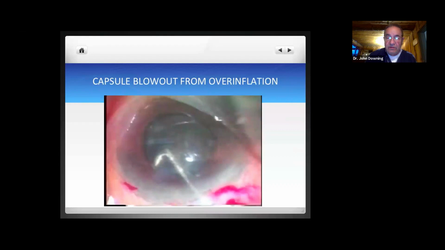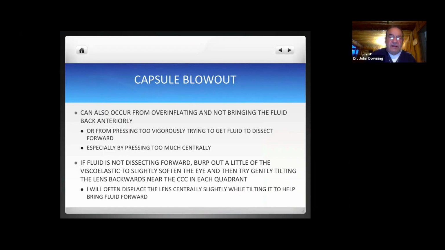Fortunately, capsule blowout is a rare occurrence and is associated with posterior polar cataracts and posterior lenticonus. Or it's also associated with overinflation without letting the fluid come back forward. That is not something that you want to see, to have the lens sink back into the vitreous. You can blow out the capsule if you press too vigorously, trying to get fluid to